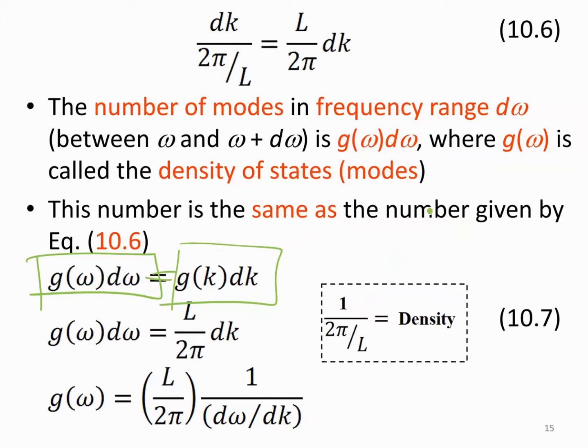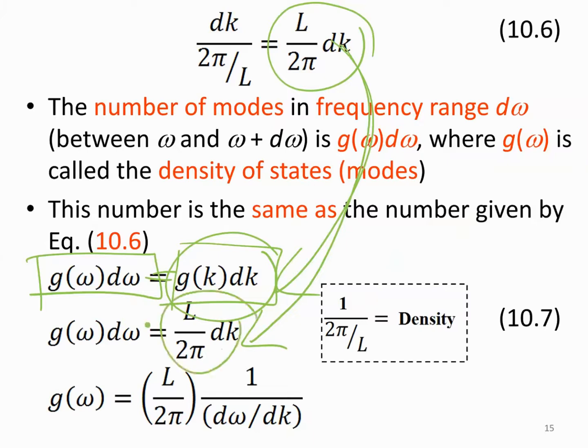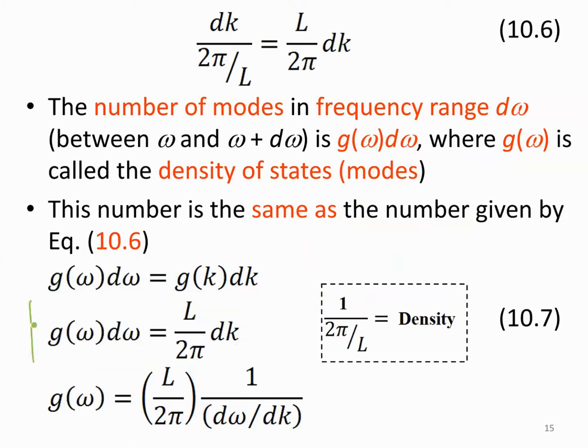The number of modes we also previously obtained through equation 10.6. So we substitute this one with equation 10.6. So we move the 10.6 into here. So we get the number of modes by the angular frequency equal to L over 2 pi dk, equation 10.6. So now, based on this equation, when you rearrange it, you'll get g omega